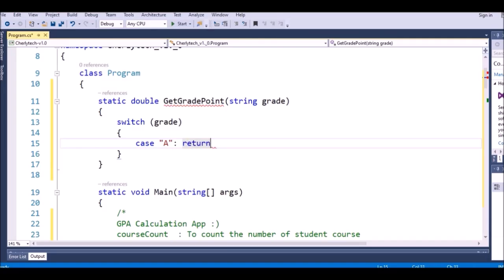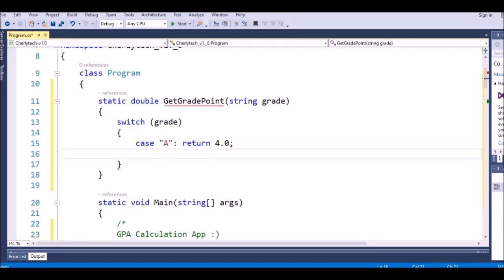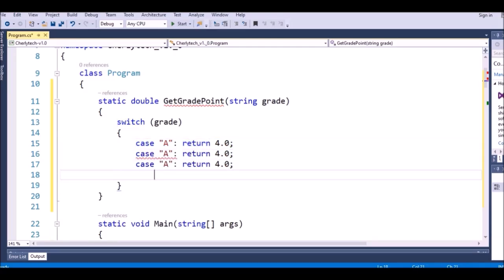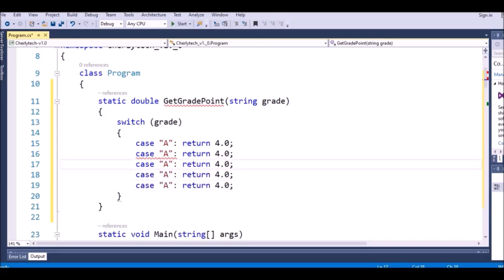If it matches the A letter, we return 4.0, like this. And we will have another case. Just copy this one and paste it in here. For example, the next we have B plus, right? And for B plus we use, for example, 3.7,